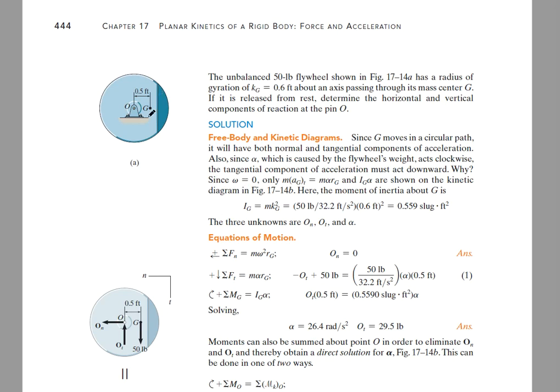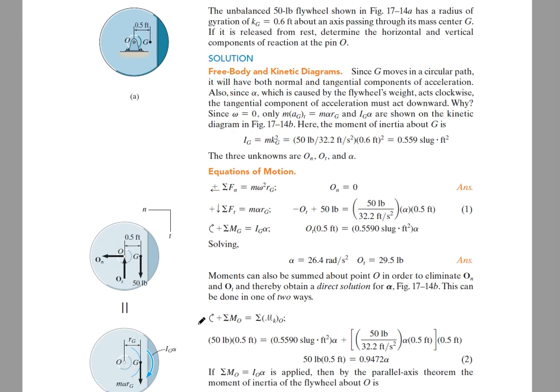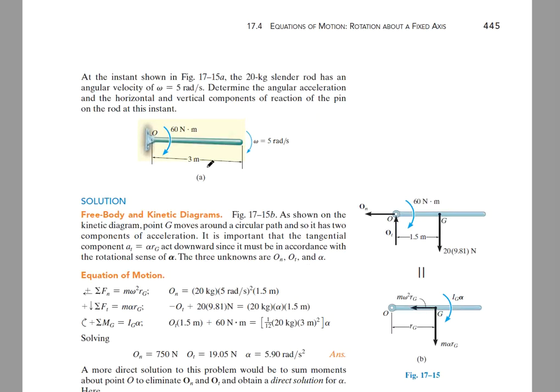You can see the excess mass as a result of the center of mass being offset, and the application of the equation is straightforward. So what we need to define are the horizontal and vertical components of the reaction of pin O when the center of mass is in the horizontal position. Another problem is where a slender rod is rotated about one of its ends,